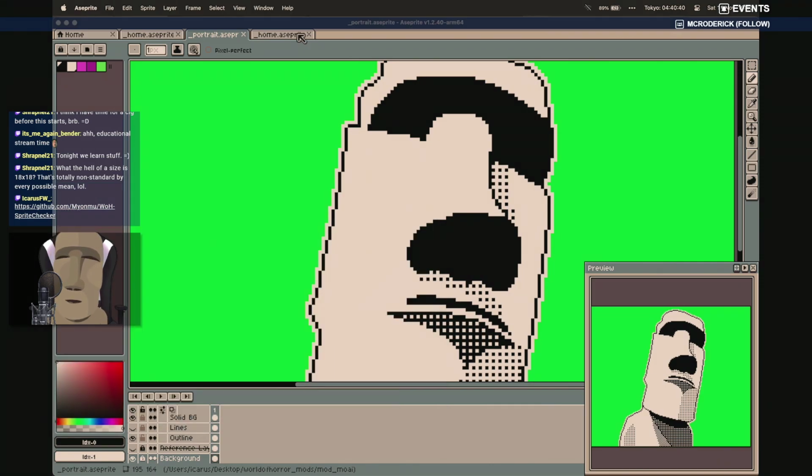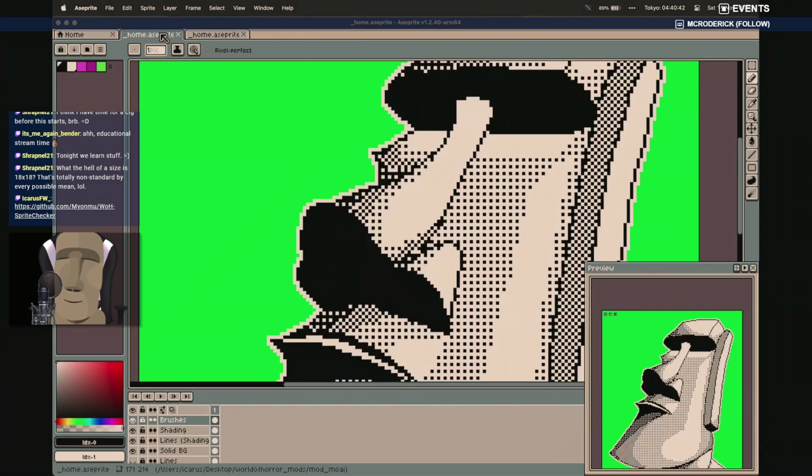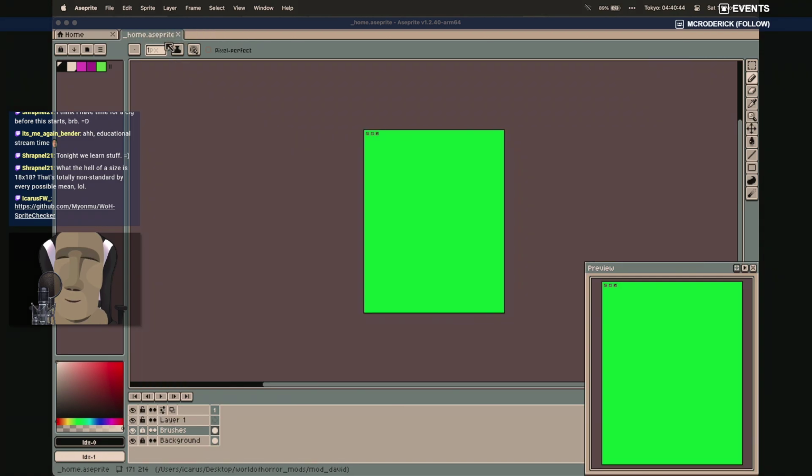Trying to create a sprite. You can see I've done a couple before. But we're gonna do maybe not the home sprite, but let's do the